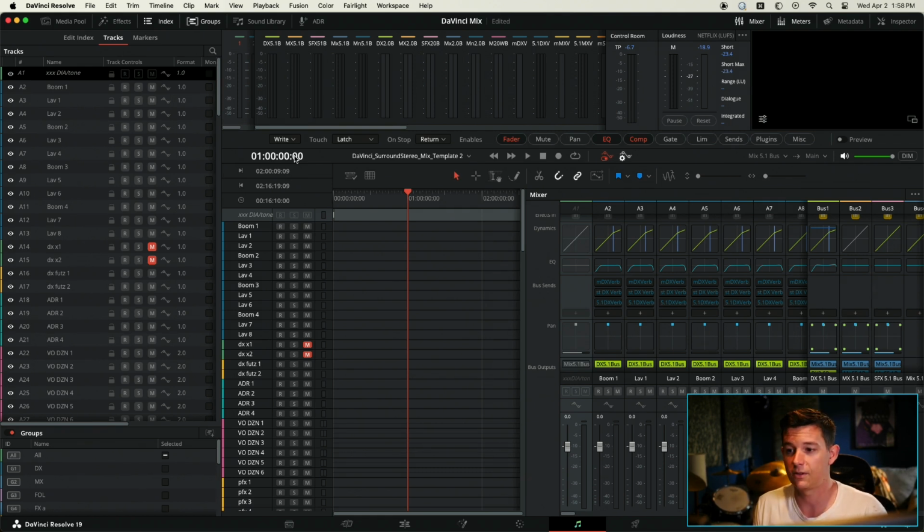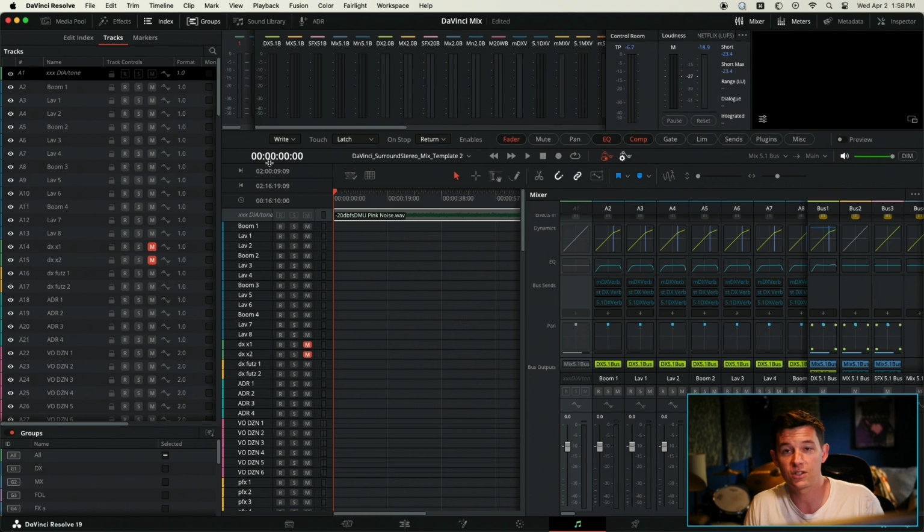If you don't know what I'm talking about, totally fine. Don't worry about it. But on this track, if you zoom way in at 0, where your project should definitely not start, is a -20 dBFS DMU pink noise. This file is used by me and a lot of other re-recording mixers to calibrate studios, home studios, and I've used it to also verify sound pressure levels at cinemas and dub stages. So this is just a great kind of Swiss Army knife to use for calibrating a 5.1 or stereo monitor